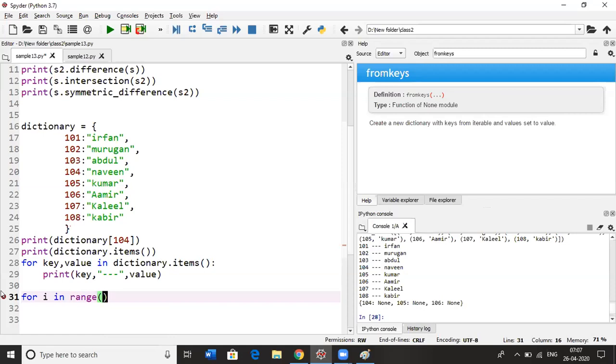I think we can do one more thing here. If you want from 101... You are using the range function here. Okay, you can use it like this also.